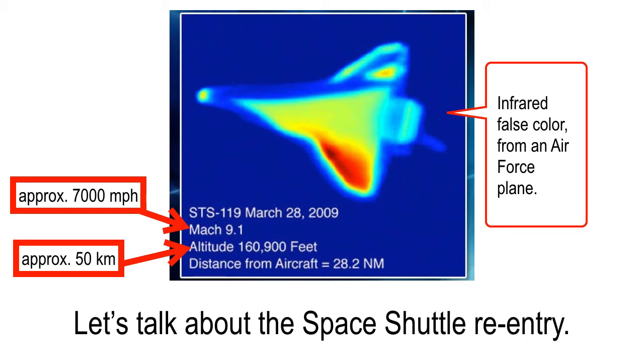The distance from the aircraft to there, it says 28.2 nautical miles. So what that means is that the space shuttle's up here, about 50 kilometers up, and the aircraft is down a little closer to sea level. It's about 28.2 nautical miles, and it's probably off a little bit at a slant. It's probably not right underneath the space shuttle. But they do this all the time. NASA and the Air Force track the space shuttle location from airborne observatories.